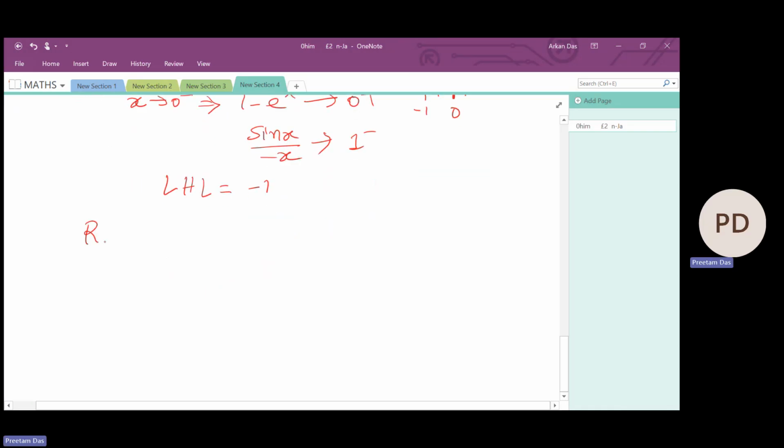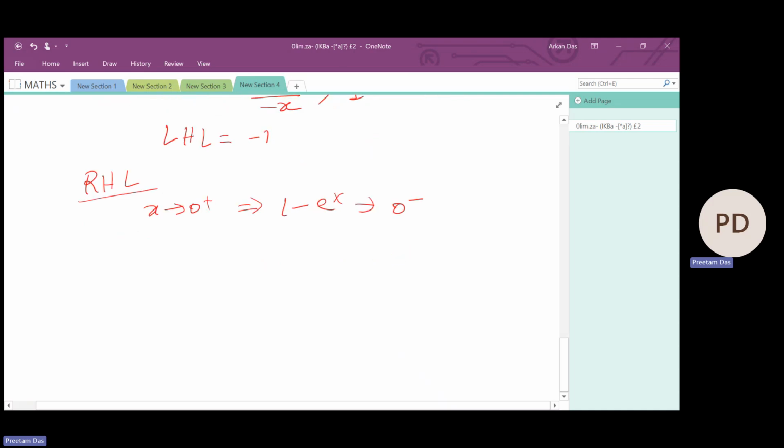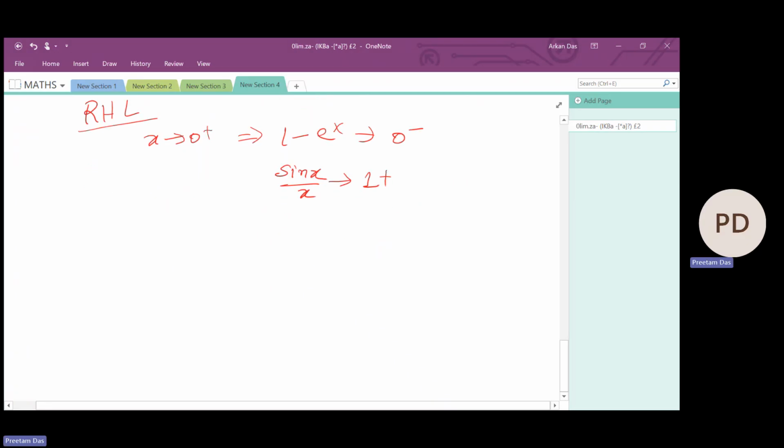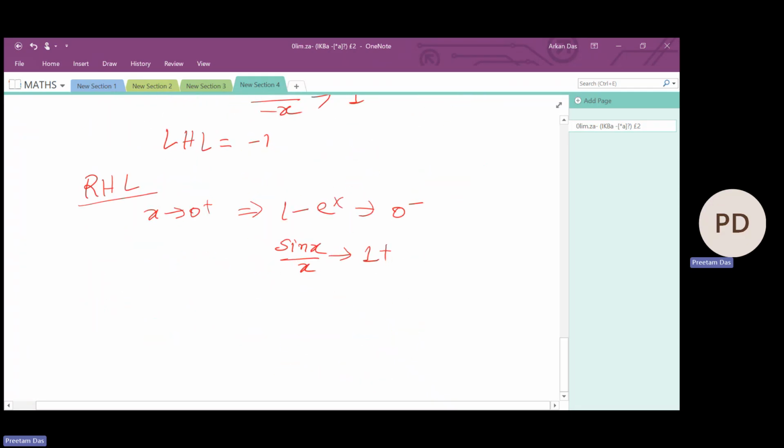Okay, let us calculate the right hand limit now. X is going to 0 from the positive side. So what will be this 1 minus e raised to x? Now it is not e power minus 0 point something. It is e power 0 point something. Since e raised to 0 is 1, e raised to 0 point something will be something which is greater than 1, because base e is greater than 1. So this will be 0 from the negative side. This will be a negative quantity. Again, this sin x by x will be going to 1. But since it is right hand limit,